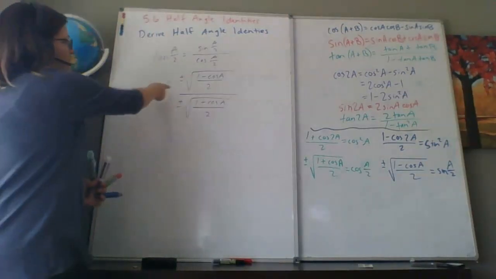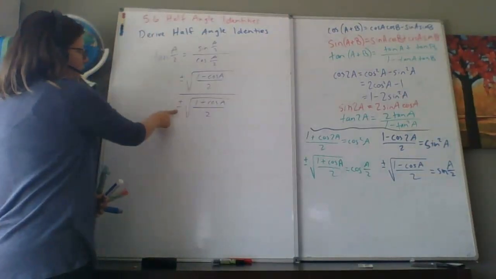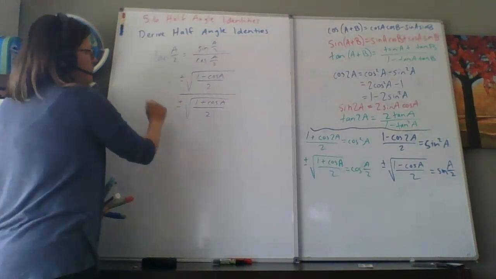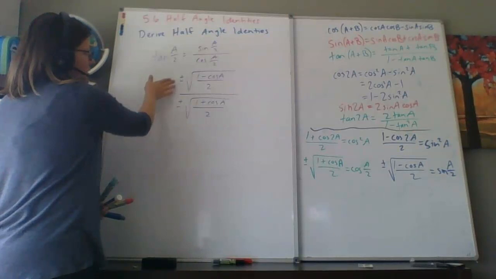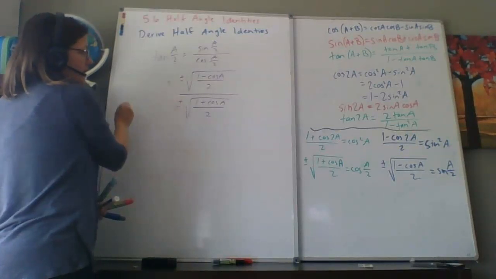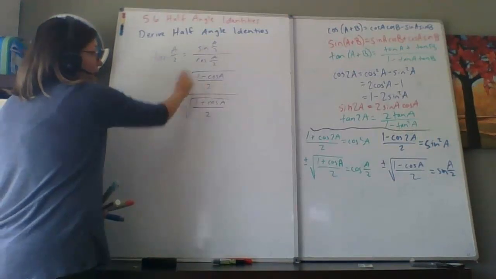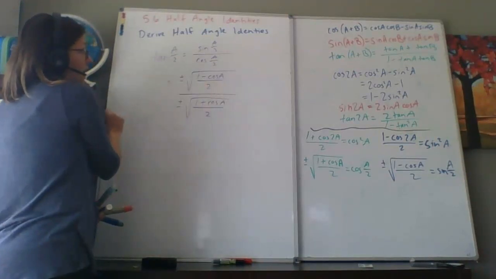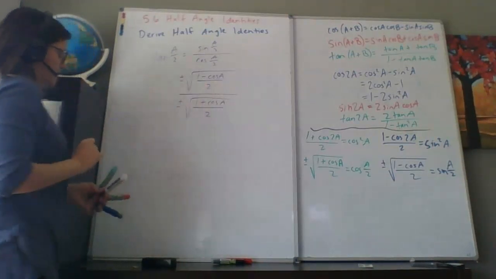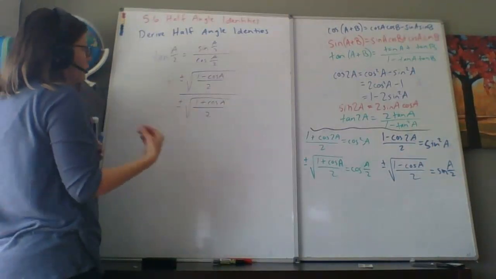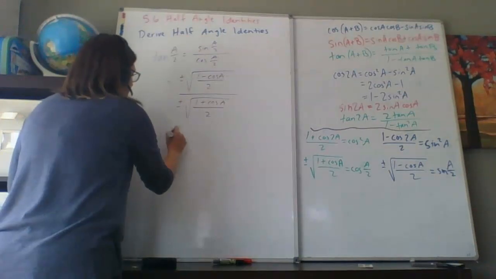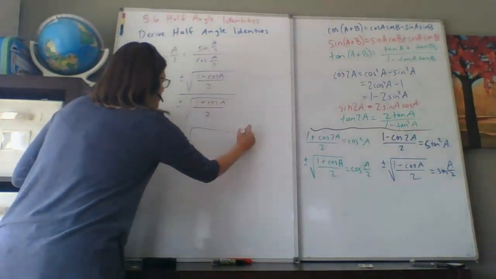So we get the half angle identity for sine over the half angle identity for cosine. Notice the similarities between the half angle identities for sine and cosine. They are almost identical, except the half angle identity for sine has a minus and the half angle identity for cosine has a plus. Because the numerator and the denominator are both under the square root, this can be brought into one big old square root,